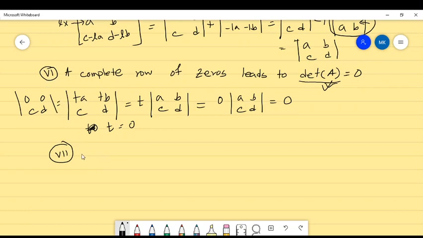So for any, this is property 7. So for any lower, let's say not lower, because the lower triangular matrix will have a determinant of 1. So for any upper triangular matrix,